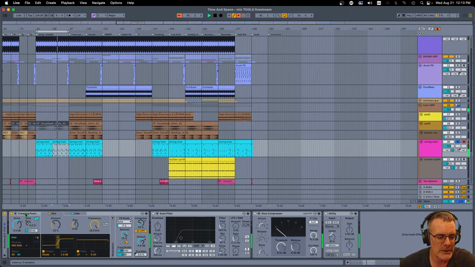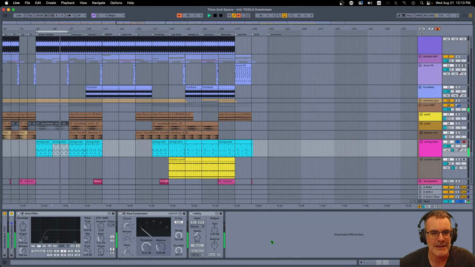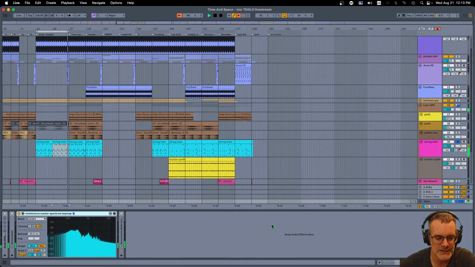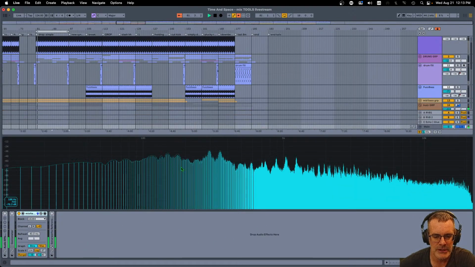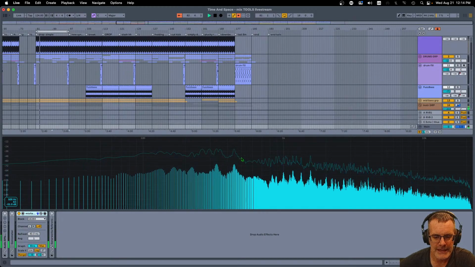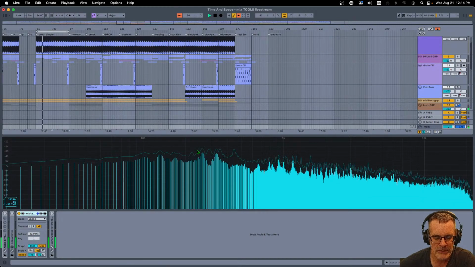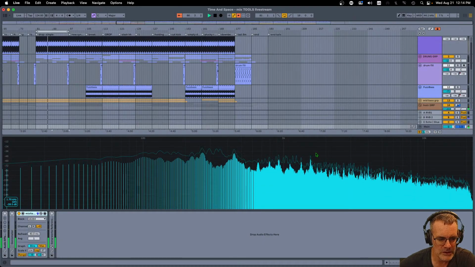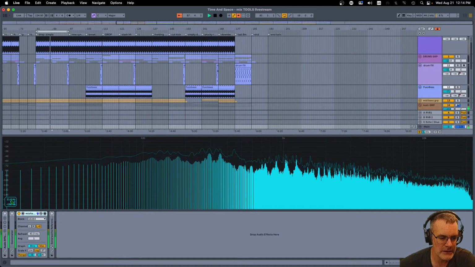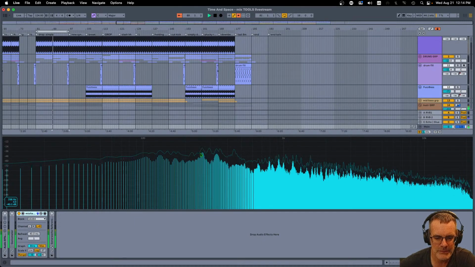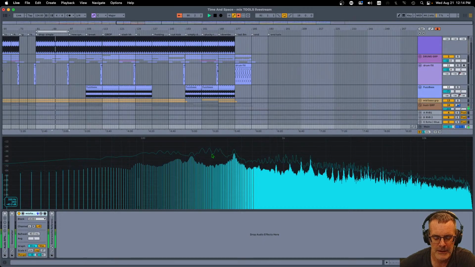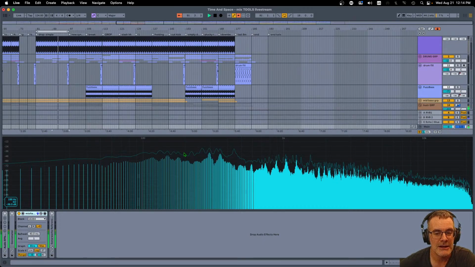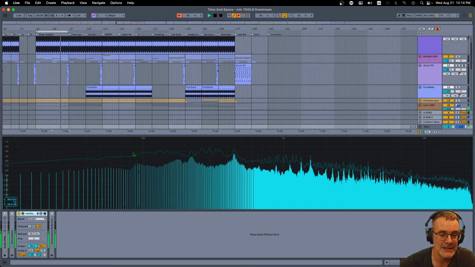And what are the basic problems with this sound? Well, remember when I said that some sounds have a lot of low end that doesn't need to be there for that sound? Let's go over to our spectrum analyzer while this sound is soloed. Double click to make this bigger. I can see the main part of the sound. The important part is over here from about 250 hertz up to maybe 1.7 kilohertz. Again, I'm reading the frequencies in the little box on the left, moving the mouse on the line to see what frequencies are happening. And this is a mid-range pluck. It doesn't need a lot of high frequency,